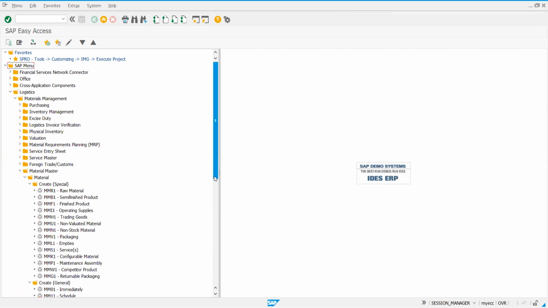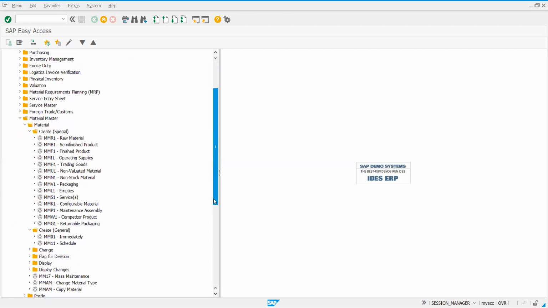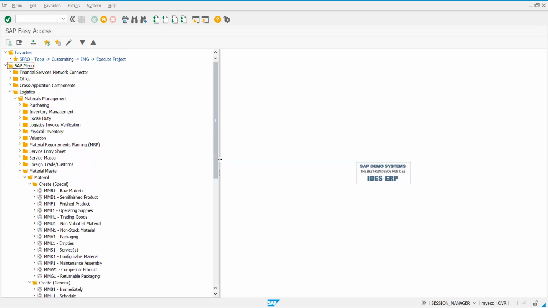Okay, to create materials, we have three ways. Before that, please write down the path. You can observe that until now we were into SPRO. Now I have taken up SAP menu. The SAP menu, also called Easy Access or Easy Menu. These are other names.